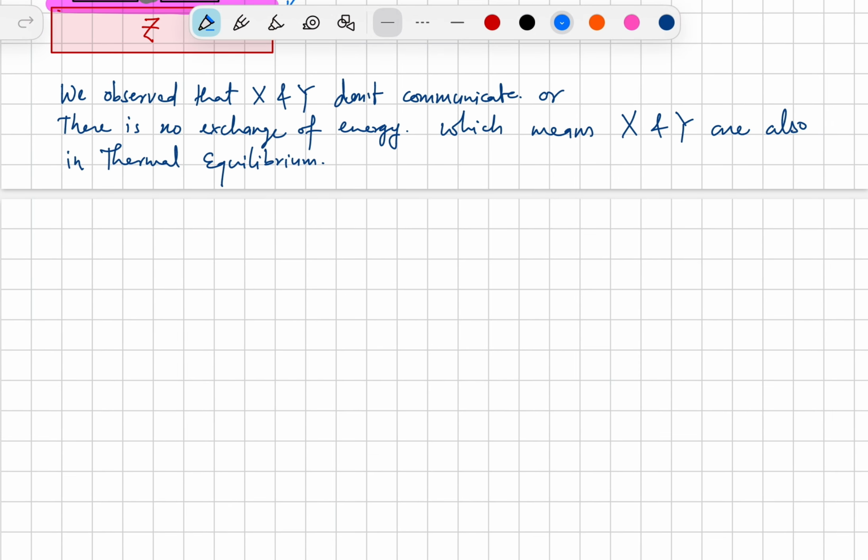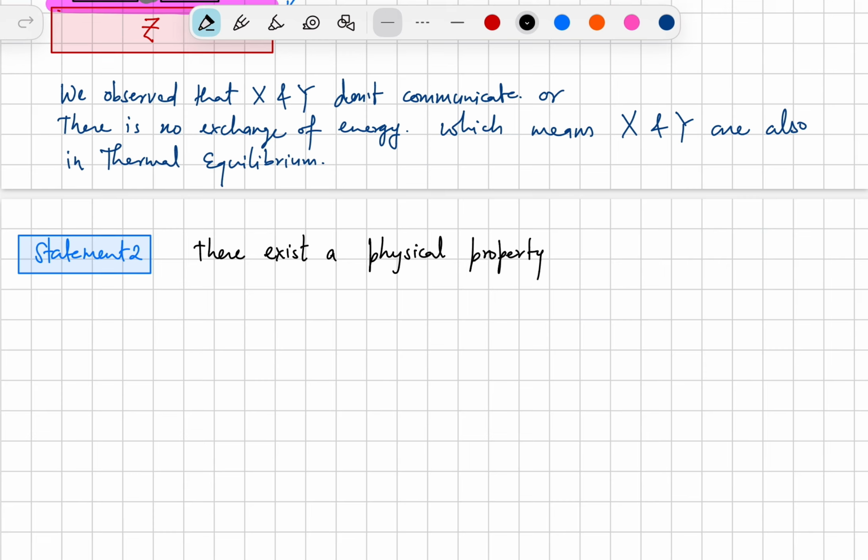This is also called statement 2 for the zeroth law. That is, there exists a physical quantity or physical property called temperature